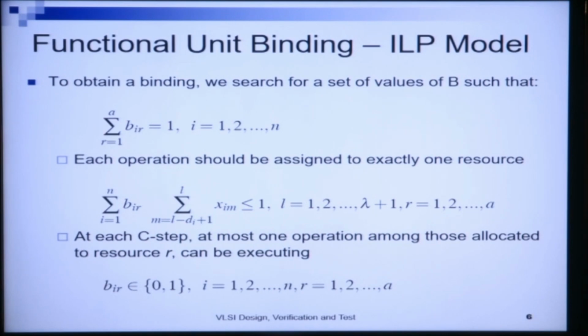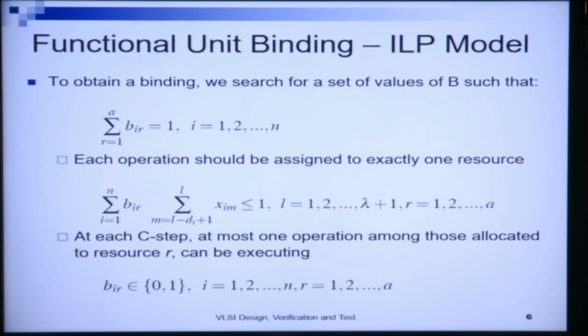So operation i can be assigned to exactly one operator type or resource type, and hence summing over all the resources, this value b_ir will be equal to 1. The next constraint is that